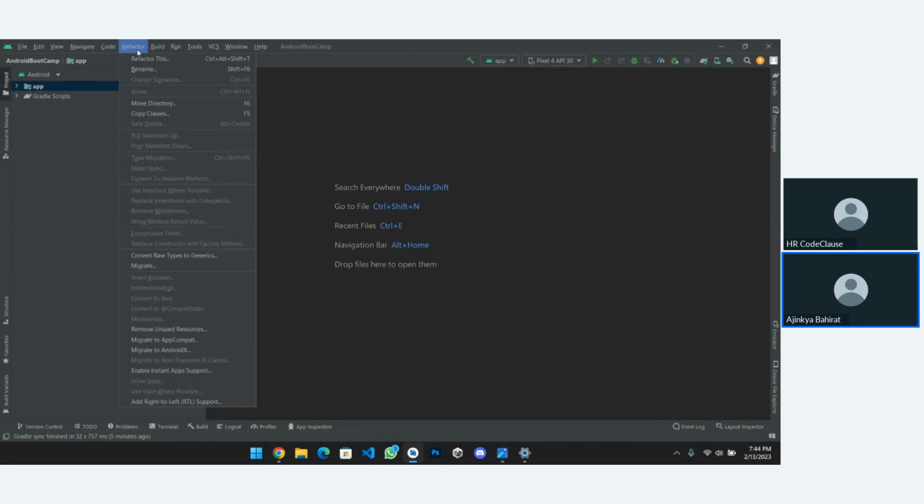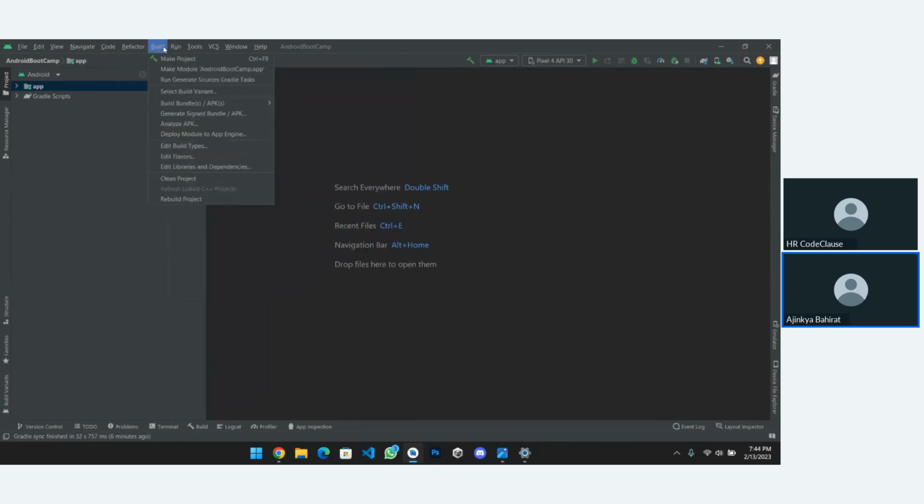Refactor. So now here is a new thing for you: refactor. Okay, refactor means changing or updating something. So if you want to change the name of your file in other directories or other files, you can just right click and say update or change name. Okay, but in Android Studio you need to go for refactor and then you will have some options. You can change the name and another thing. Okay, so here is a new word for you: refactor.